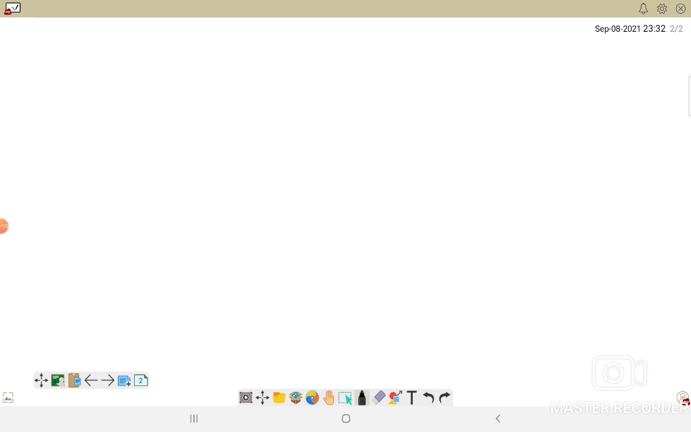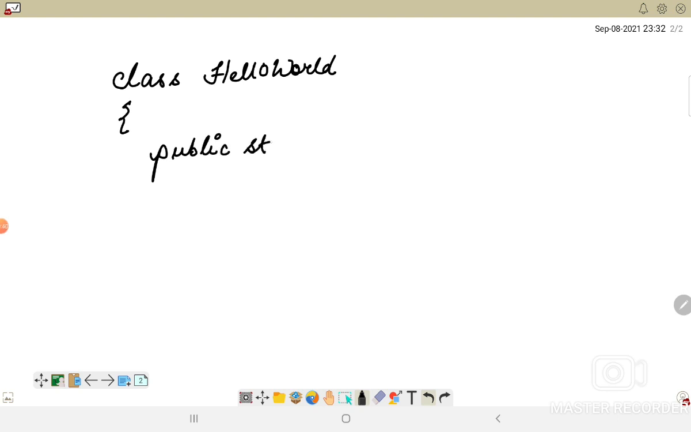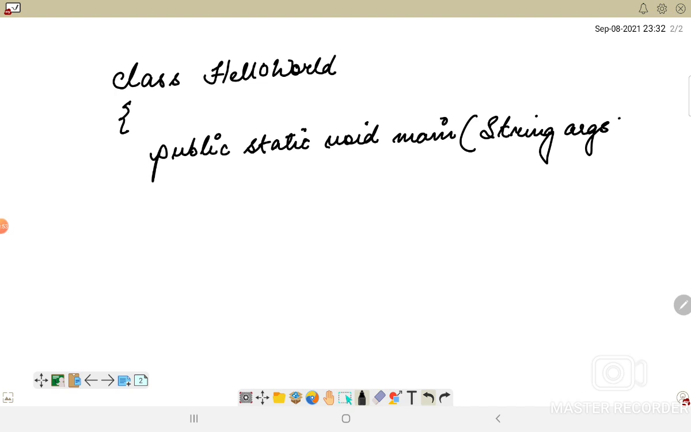So when we are writing the first Java program, first of all, I'll write it for you, which is class HelloWorld, followed by opening braces, and within this we have the main method, which is public static void main, and within open bracket we have String args, and then we again open the body of this method where we are printing System.out.println